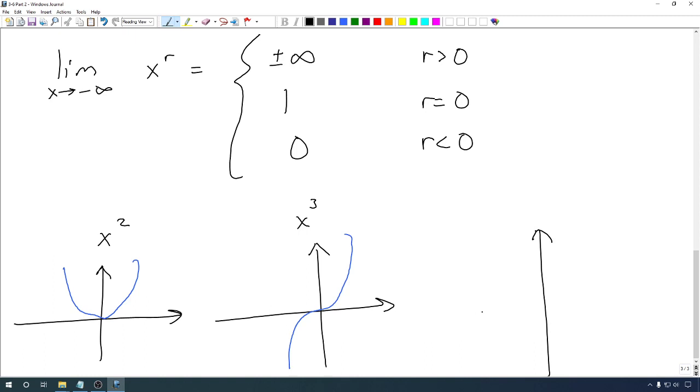Finally, there's an even more complicated wrinkle to this. What about something like x to the 1/2 power? Remember, that is the square root of x. The graph of this one looks something like this. Notice it doesn't have anything for negative values of x. We definitely can't even talk about the limit as x goes to negative infinity, because this doesn't even have numbers in the negatives to even go to. So these formulas are only going to work